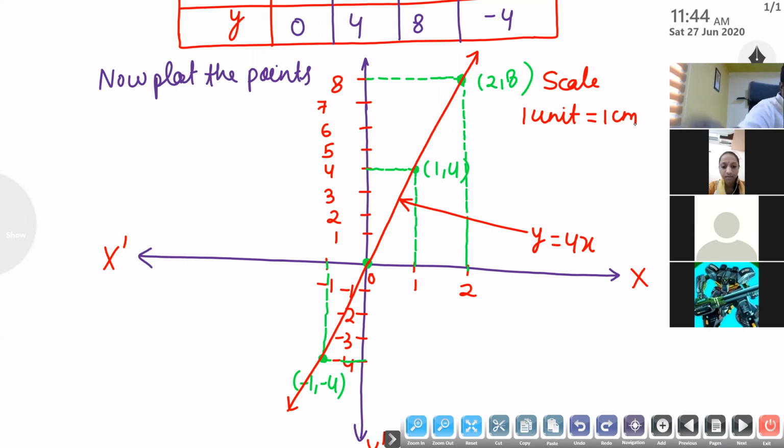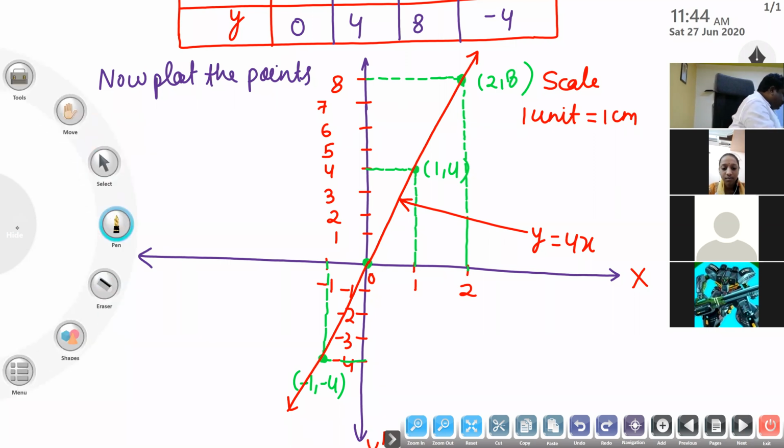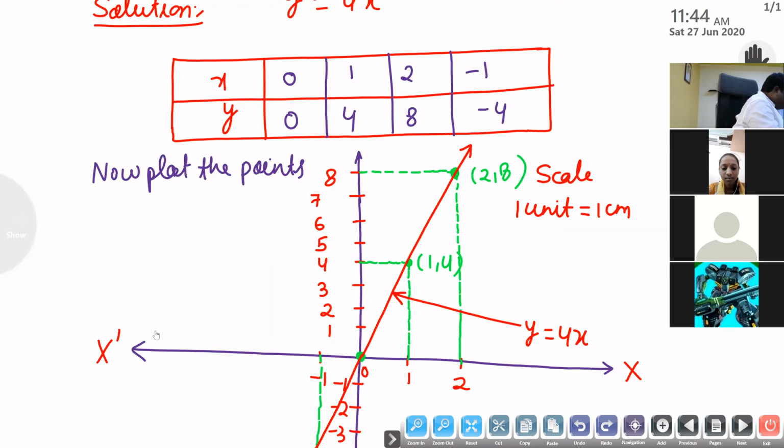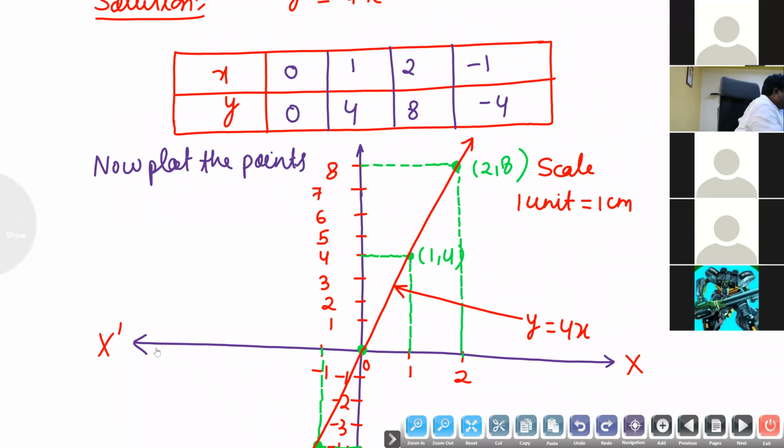Any graph they have given, students, firstly we want to write the y variable on one side and the other terms on the other side. After that, I want to find out the solutions of the given equation. Now the first solution has come here. First solution is 0, comma 0. Why has 0, comma 0 come?